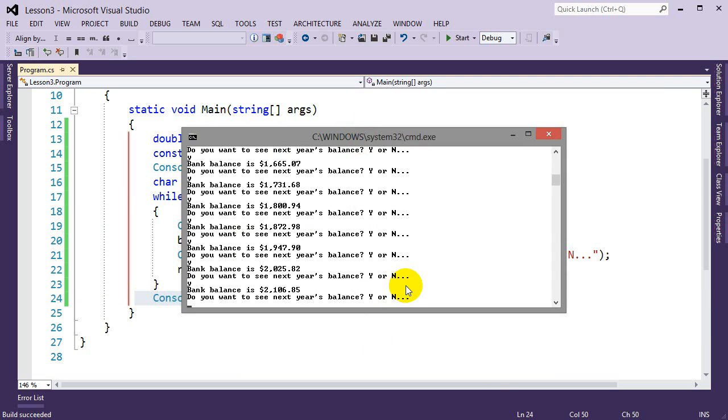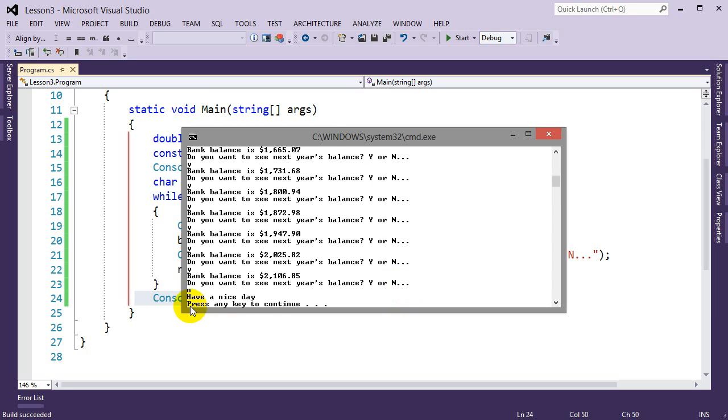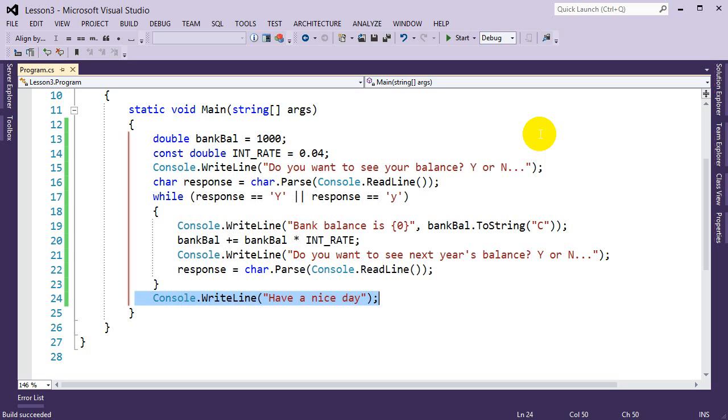So if I hit the N, now if I go N and hit enter, we'll see my message, have a nice day, and my loop is done. We broke out of everything and everything is terminated. So this was an indefinite while loop, and now we're gonna get into what's the difference between indefinite and definite loops. But we're gonna use for loops and show you how they work with while loops and for loops, the comparison